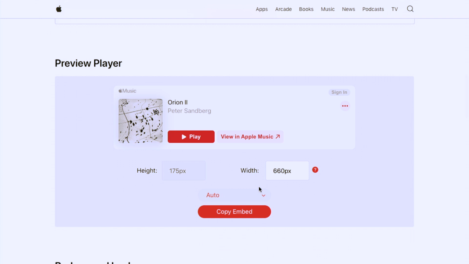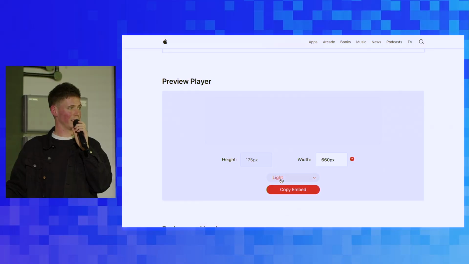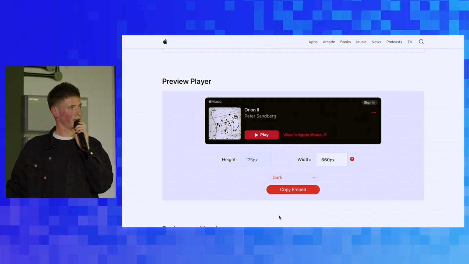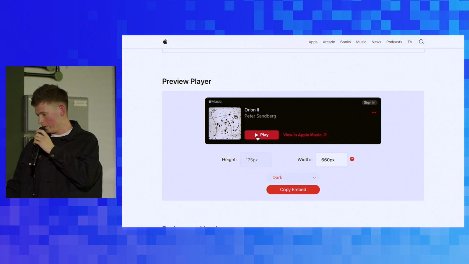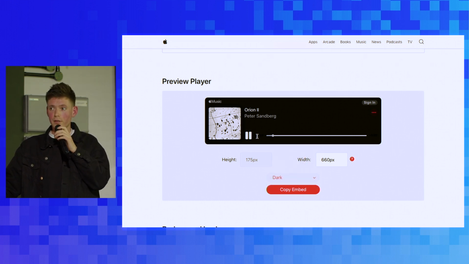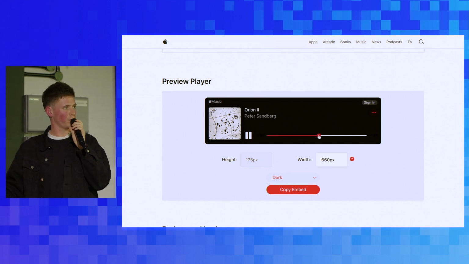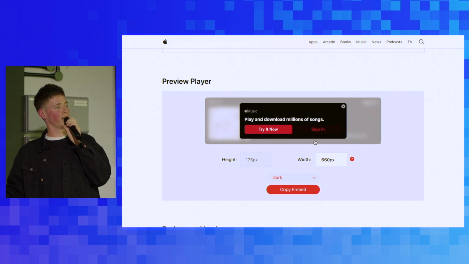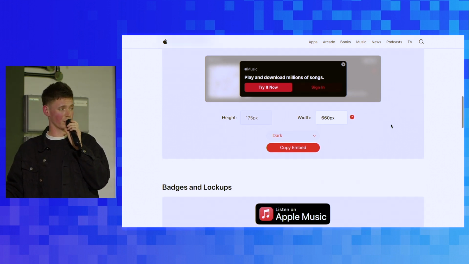Preview player. You know, like how you have a SoundCloud track and you can embed it on your blog or your website or something like that? Same deal here. I can copy the embed link. I can paste it. I can choose what color. I can have it light. I can have it dark. And you can embed this little player. So you can even get a preview. It's quite nice. This gives you a whole full 30 seconds as well. Then it will come up with that pop-up. Cool. That's a cool little thing you can use on your website.